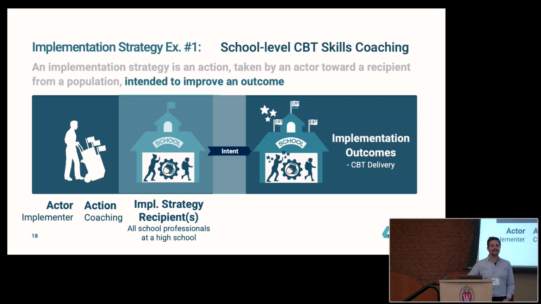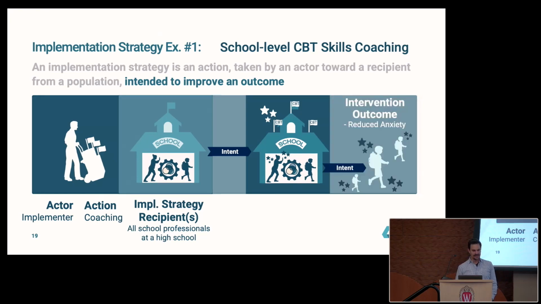All right, so that's an example. Did y'all see all the pieces of an intervention are all in there? The actor, the action, the recipients from the population, and the intent. That's it. And I know it sounds elementary. And then, of course, in implementation strategies, we do have this distal outcome, this distal intent. But it's kind of far away, okay? Which is to improve the lives of the little kids at the school. Yeah, that's because I'm trying to improve that other actor's actions on the little kids. You see how it's all nested in there?